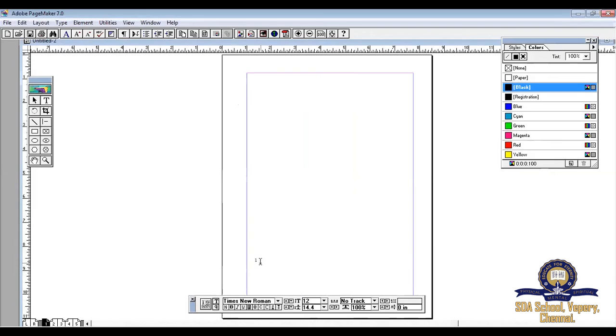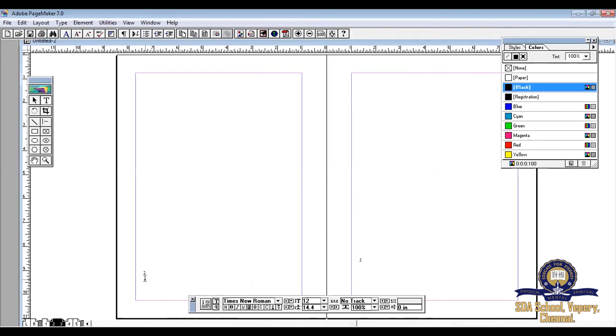Now, since we have inserted page numbers, by default we can see a page number at the bottom, right? If you go to page number 2, we can see 2 and 3. If you go to 4 and 5, you can see the page numbers 4 and 5.